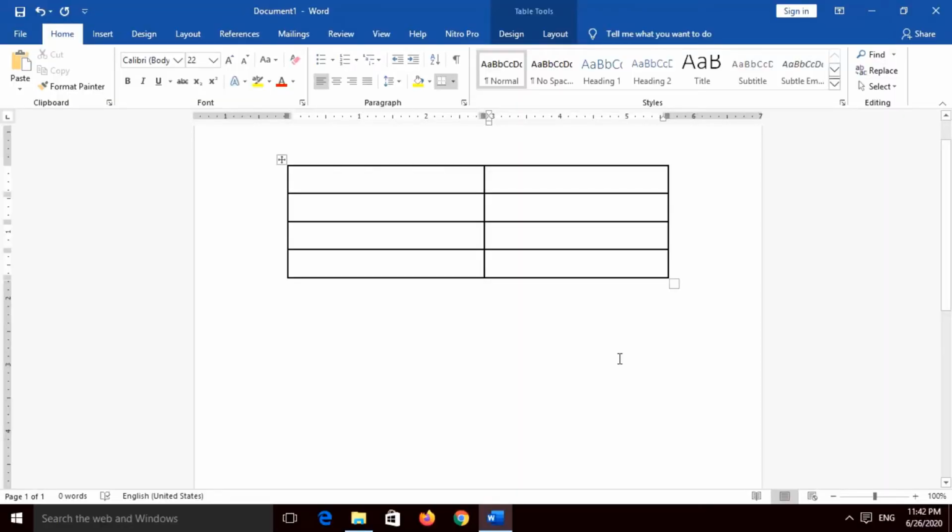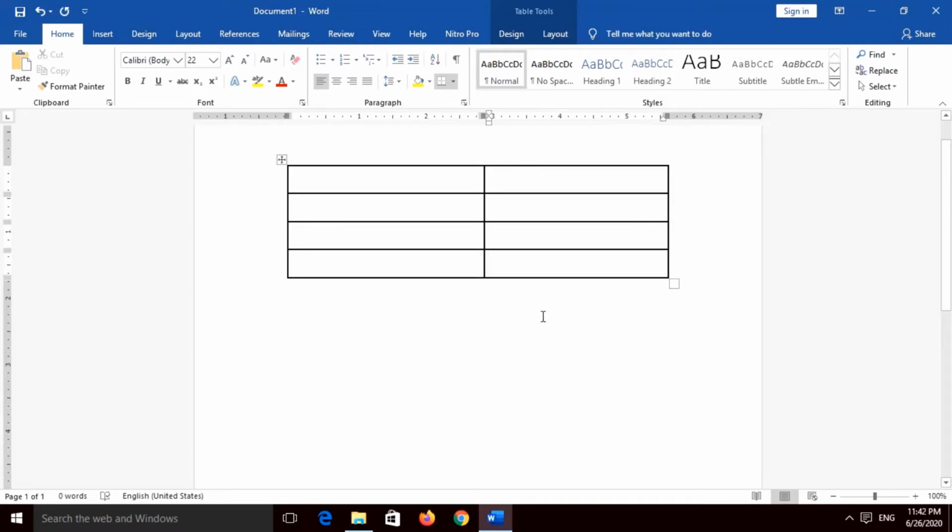So in this chapter we will talk about tables, how to make tables, how to insert tables in Microsoft Word, that is MS Word. So before we look into it, let us see why tables are important in MS Word or in a document. Now we need to present information in a tabular manner because it makes the content more visually appealing and more elaborative. A table is a grid of rows and columns that intersect to form cells.